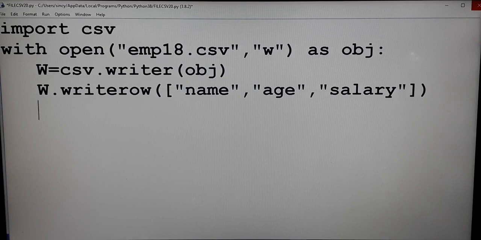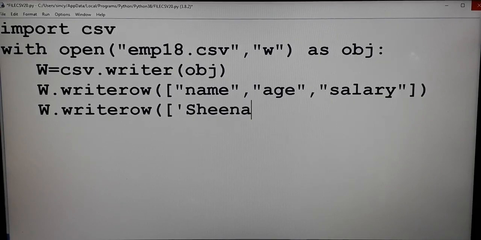Next I am going to write the first record. So w.writerow of the first record, also in the form of a list itself. The first record data: name, comma, age, comma, salary.